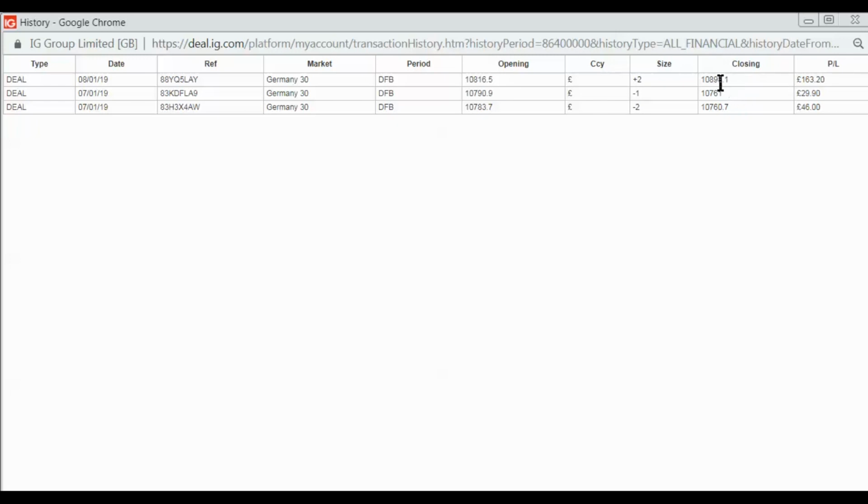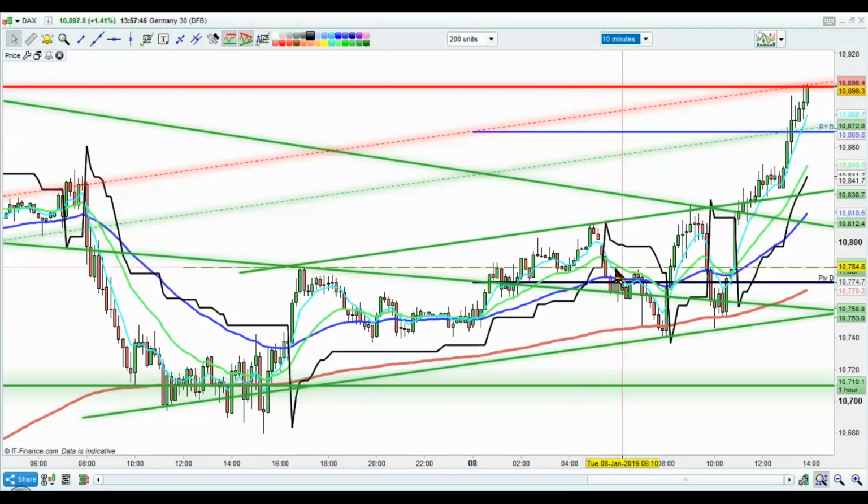I just waited for the price to hit that level of resistance, and then it immediately triggered a sell to close the trade at 10,898, which I'd already automated to happen this morning whilst I was out and about doing things. Okay, and I've just come back in and I've seen it gravitate towards that point, and as I've been talking to you, it hit 10,898, quickly closed the spread bet ticket, banked the money, and there you have it. Alright, so I just wanted to show you there the importance of not just entry, but where you take the profit